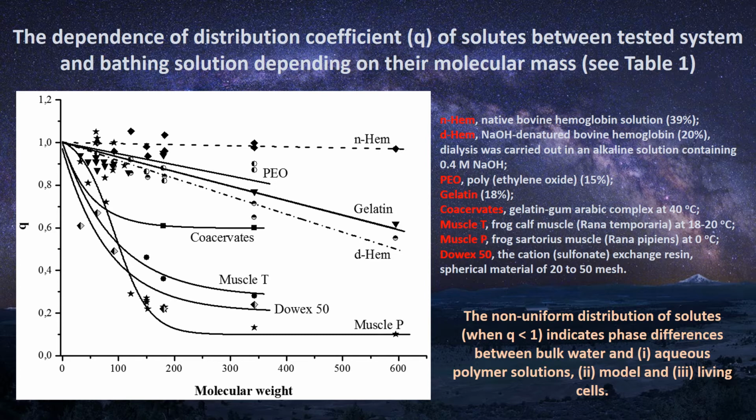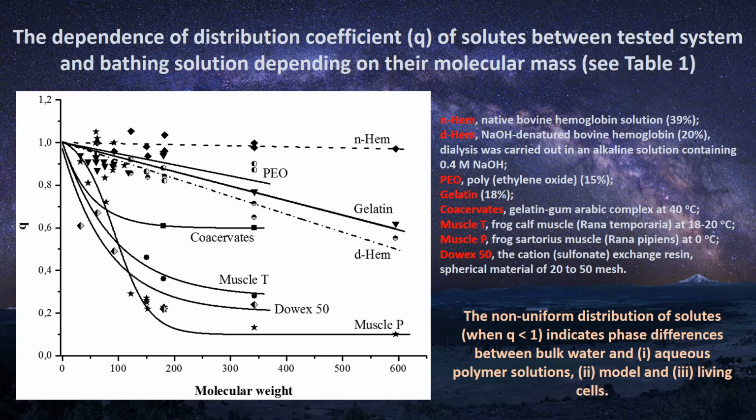On this slide we see a clear example of the manifestation of the first of these properties, semipermeability. Let's look at the frog muscles. We see that the higher the molecular weight of a solute, the worse it gets into the living muscle cells. Habitually, we attribute this property of semipermeability to special devices of the plasma membrane, to pores of different size that